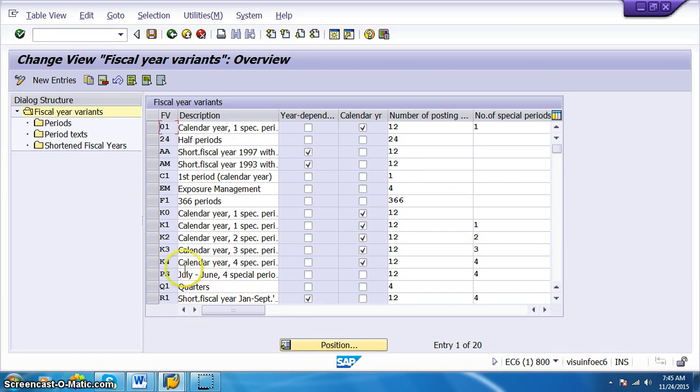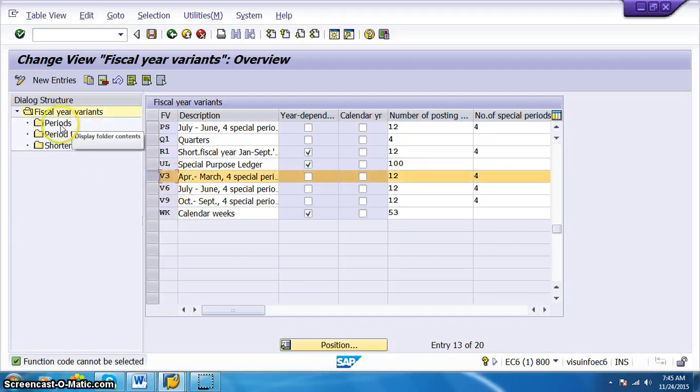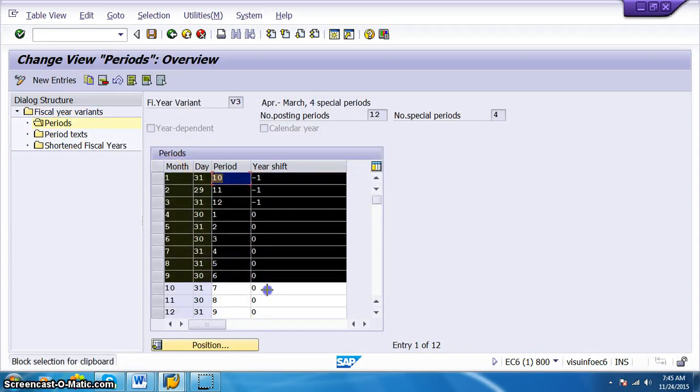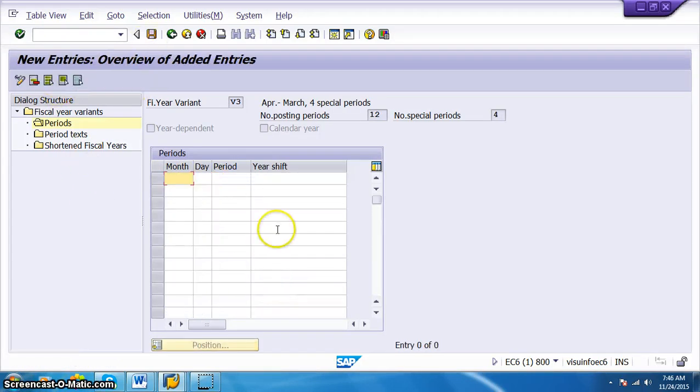For India, most probably the financial year starts in April and ends in March. So let's take this as a reference, copy, and then we'll go ahead with the new entries.